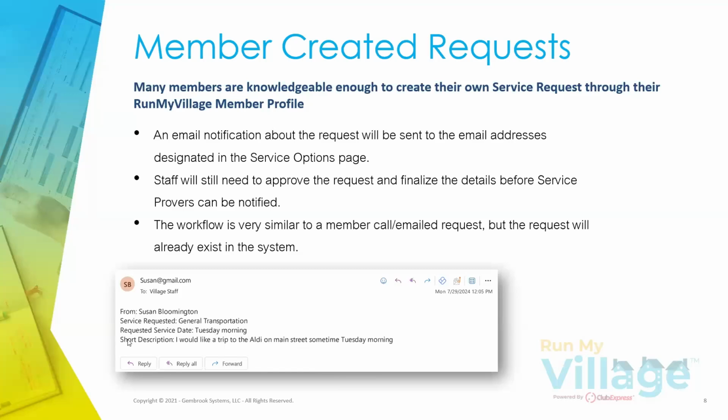And then finally, the final description of the service they're requesting. So here we're saying, Susan wanted a trip to the grocery store again, specifying, I want to go specifically to the Aldi on Main Street, and I want to go sometime Tuesday morning. It seems like Susan isn't super specific about the timing. So it's very similar to the one we were seeing from Jenny, but the only difference is this one was submitted by the member themselves instead of being submitted by the staff